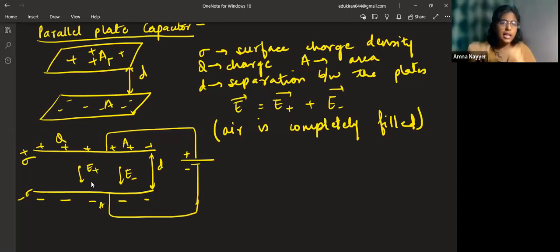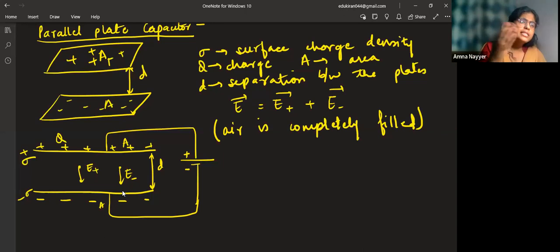Electric fields will run like this from positive to negative. Can anyone tell me, due to this single plate, positive? Okay, one more thing. Why is the electric field just moving downwards? Because of the positive charge, electric field moves away. So electric field is moving away from the positive, and electric field lines move towards the negative charge. So this will move towards the negative charge. That's why we are having them in the same direction.